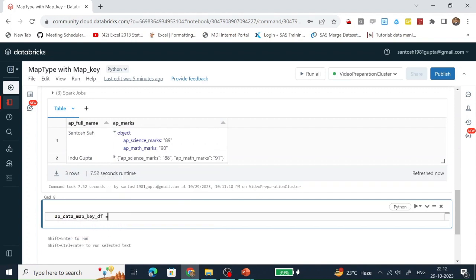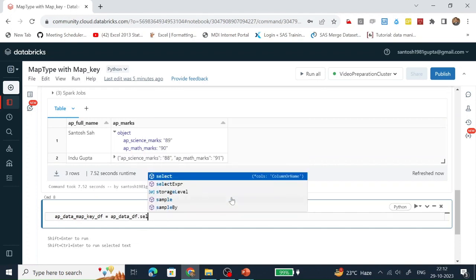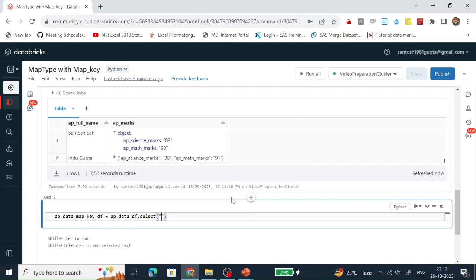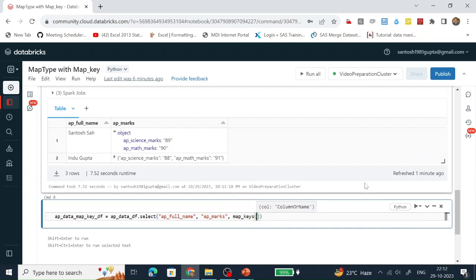Let's use the data frame and select the columns. The first column is AP full name. The second column would be AP marks, and the third column we are creating with the help of map key. From where are we fetching the keys?